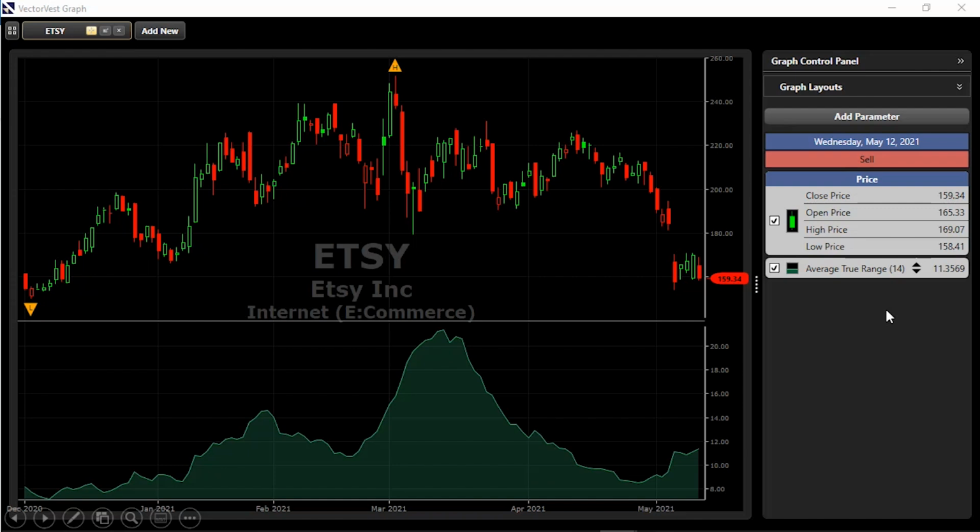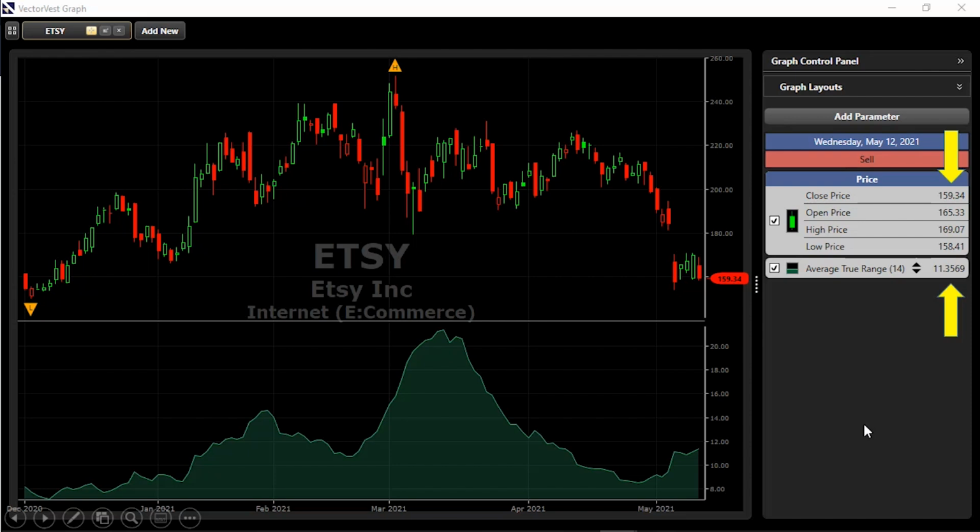your initial stop loss. So at the time you take the trade, you look at the current ATR reading. So first off, we're looking at a price of $159.34. Now that was the closing price as of Wednesday, May 12th. Let's just assume that is our cost basis. That's our entry price. At the time you take the trade, you look at the current reading of the ATR. The 14-day ATR as of May 12th was